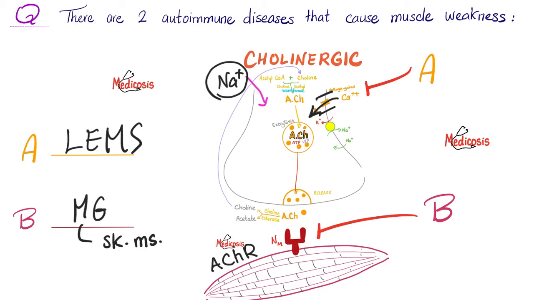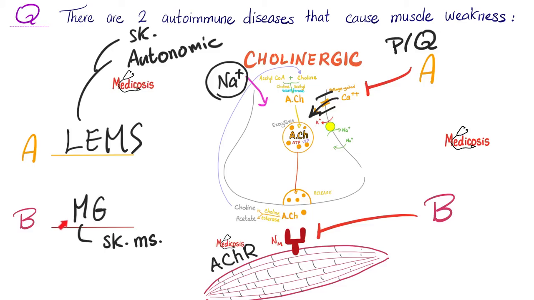However, where do we find the voltage-gated calcium channels? In many nerves. Which ones are attacked in Lambert-Eaton? A special type of calcium channels known as the PQ calcium channel. We found these channels not only in the nerves that supply skeletal muscles, but in the nerves that supply smooth muscles as well. We found them in somatic nerves and we found them in autonomic nerves. So therefore, Lambert-Eaton Myasthenic Syndrome will cause skeletal muscle problem and smooth muscle problem or autonomic symptoms. Myasthenia gravis is a somatic disease, but Lambert-Eaton affects somatic and autonomic.